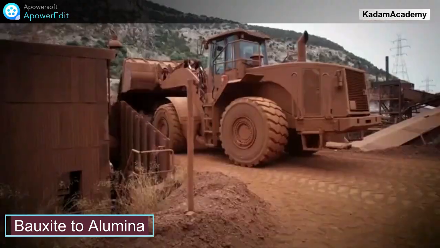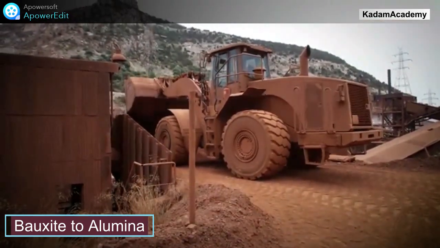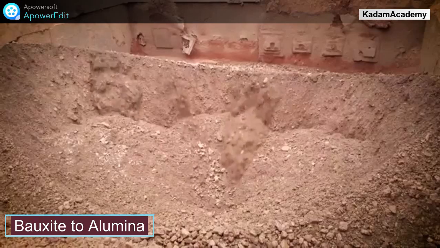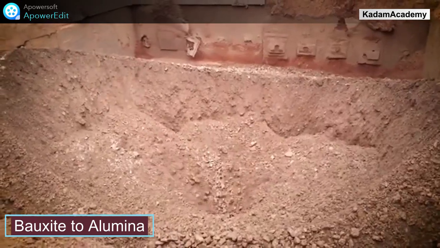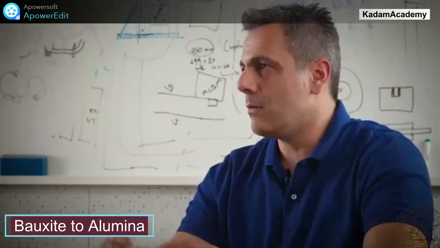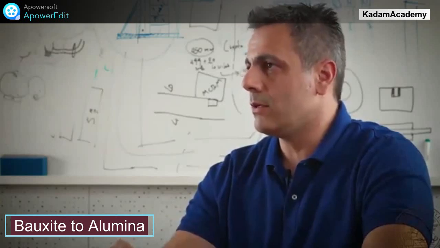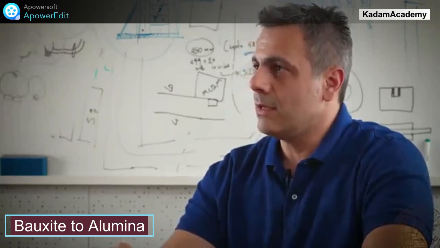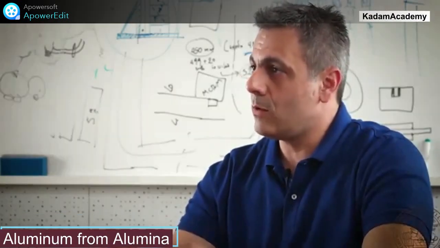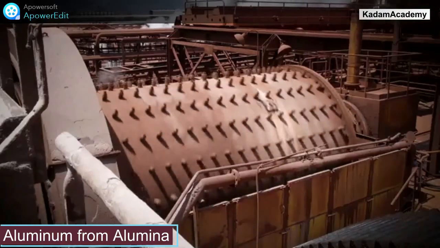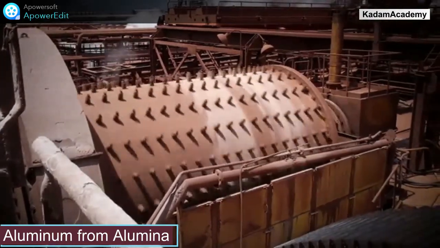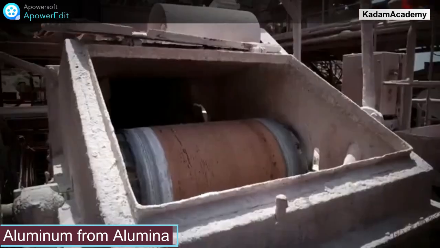In order to decrease the size of the bauxite, we have a line of crushers. The target is to decrease it from 100 millimeters to about 100 micrometers, so 1000 times less. We begin with the crushers, and then we have also grinders. We have 2 rod mills and 5 ball mills in order to decrease the size.